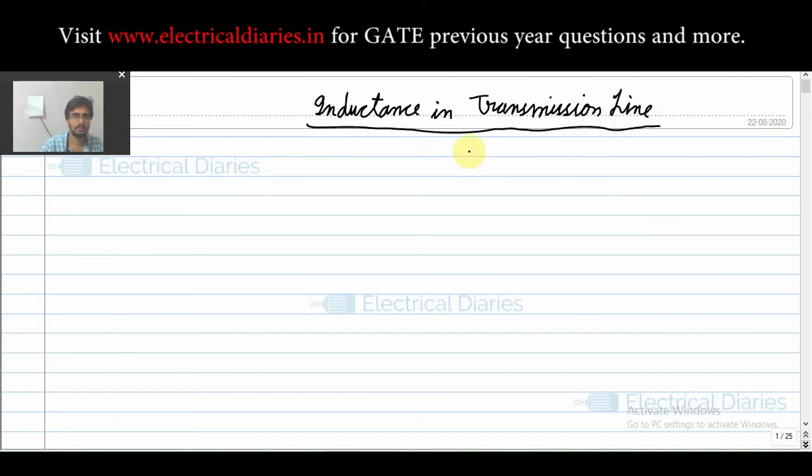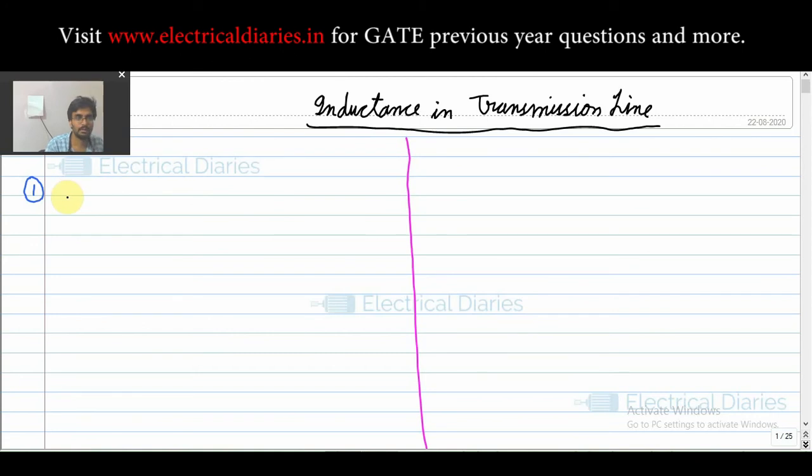If you want to solve problems in GATE, then you have to remember these formulas, and that too in a sequence. The sequence is very important here, and you need to remember this topic as it is. Just write down these formulas somewhere in the order as I am writing them, and remember them. That is the only way out of this inductance calculation. Otherwise it will be very confusing for you.